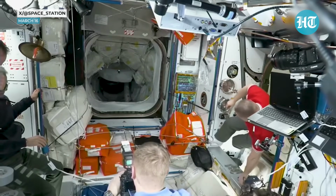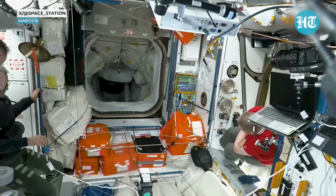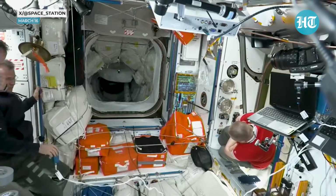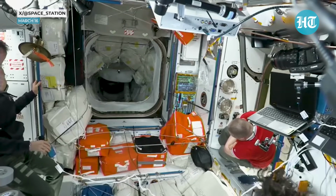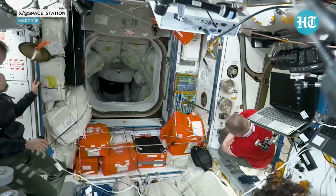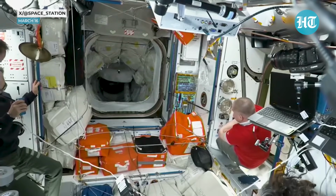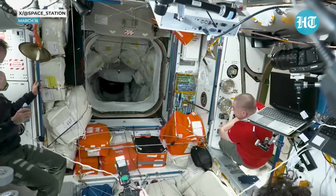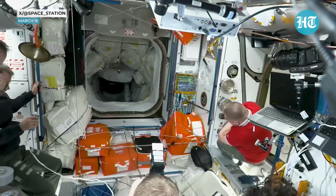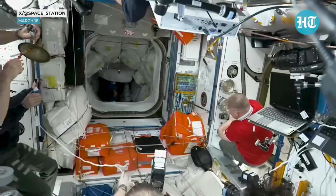Crew-10 mission specialist Takuya Onishi confirming some of the closeout procedures. There is a reason why we are waiting for Crew-10 to enter the International Space Station. They do have very important closeout duties inside Endurance. Those lithium hydroxide canisters are consumable carbon dioxide scrubbers inside the cabin of Dragon. So they do want to conserve those carbon dioxide scrubbers, and so before entering the International Space Station, they want to make sure they conserve the LIO cartridges as much as possible. So that is a very important closeout duty that they have aboard Dragon before they enter. But it seems like we do have the first Crew-10